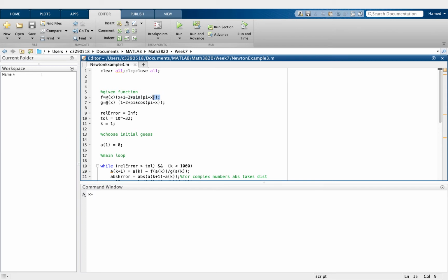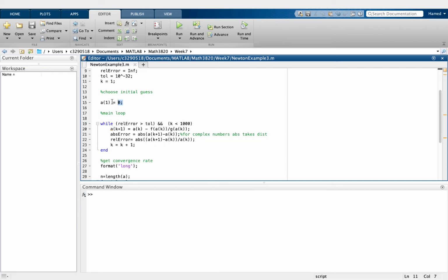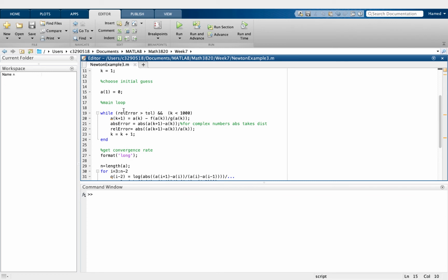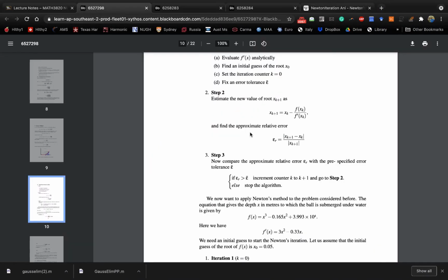Now let's have a look at the Matlab code here. We define a function handle here, which is question 2 part C. We can easily evaluate the derivative of the function handle in terms of x. We set the tolerance and k equal to 0, and we set the initial value to be 0, and here we start the loop. The loop is x sub k plus 1 equals x sub k minus the fraction that you see there, and we can calculate the absolute error or relative error here. Relative error is here,